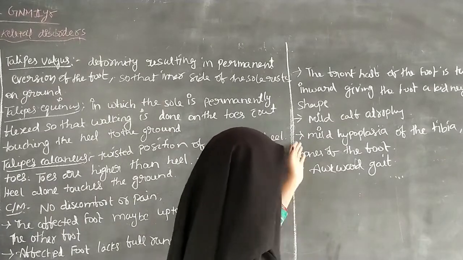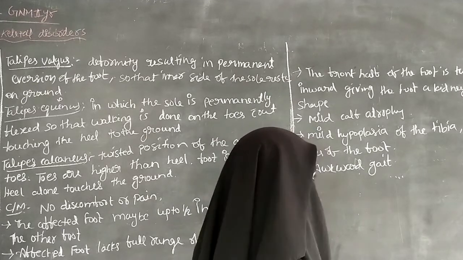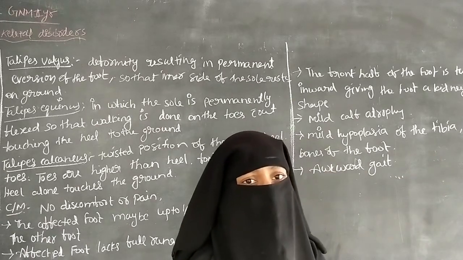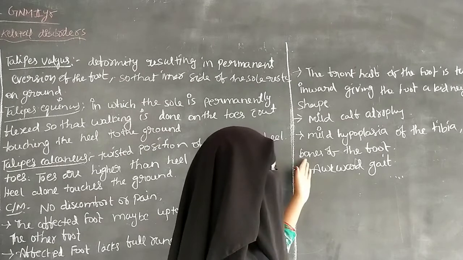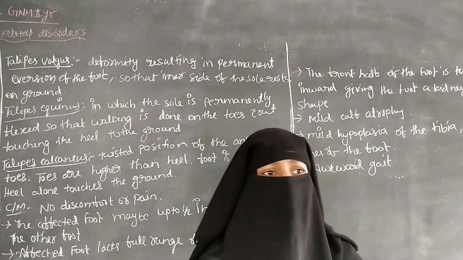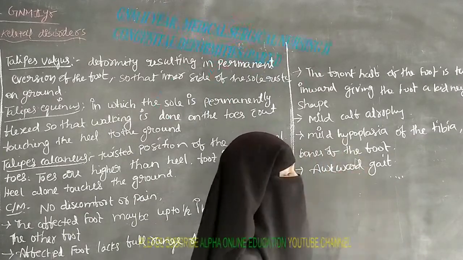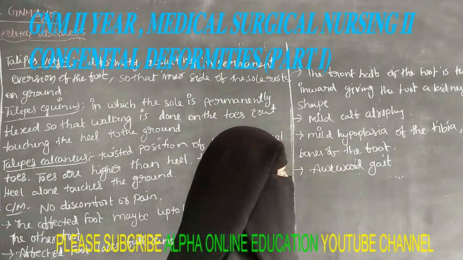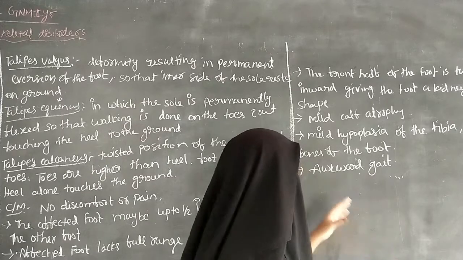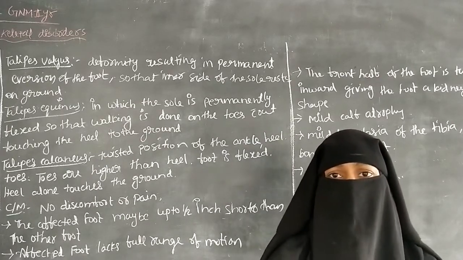Next one is mild hypoplasia of the tibia and fibula bones of the foot. The tibia and fibula are the bones present in the lower leg. Mild hypoplasia means there is improper or incomplete development of the bones. So there is improper development of the tibia, fibula and the bones of the foot. Because of this improper development of the bones, it causes the